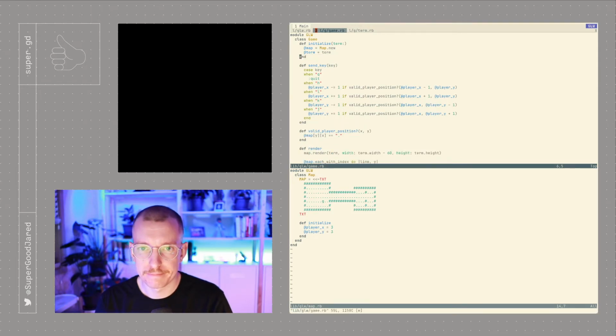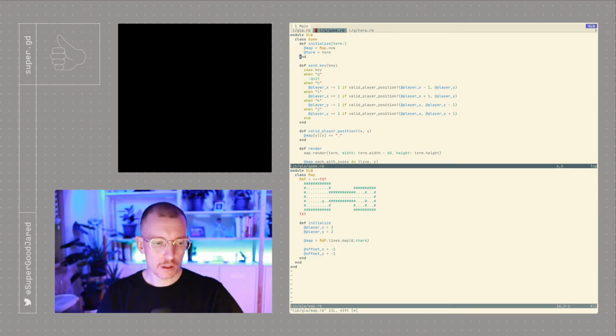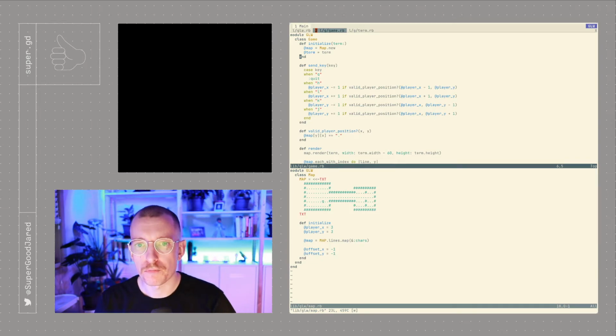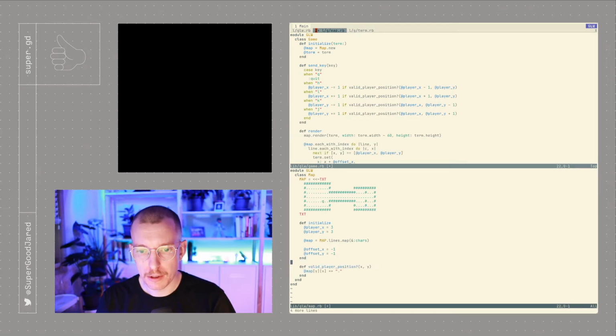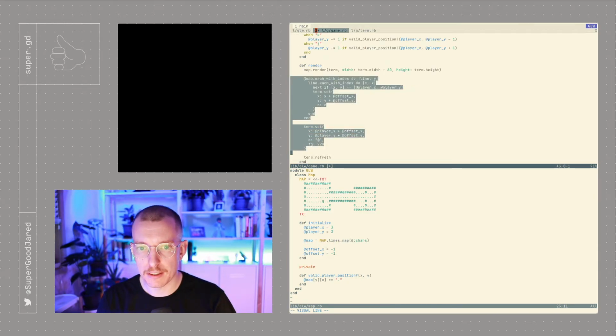And probably more than I want it to, but that's fine. This we're going to want to keep, and move down into here. It's a private method. Render is going to stay here, and let's just copy this down into a